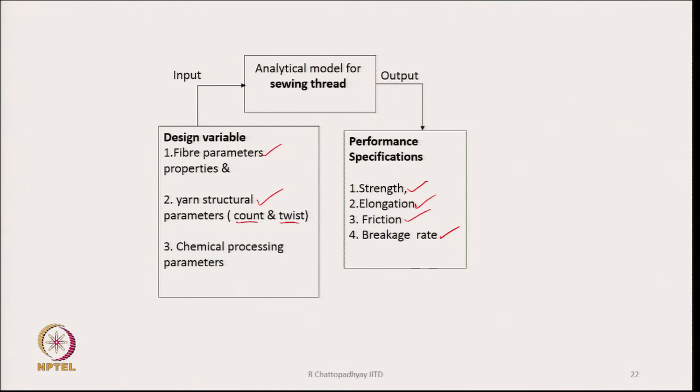Similarly, for elongation, similarly for friction, where friction is more dependent on the chemical processing parameters, whether I have used wax, how much wax I have used. So, friction also depends upon whether I have used filament or whether I have used spun yarn. Anyway, so these are the things